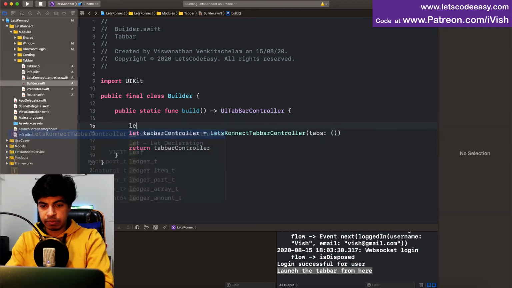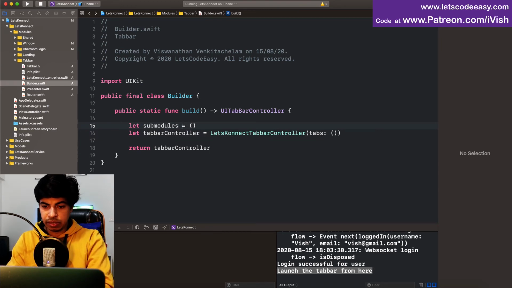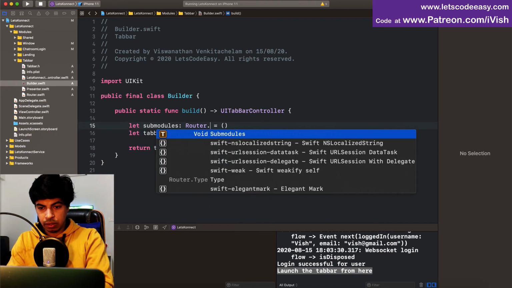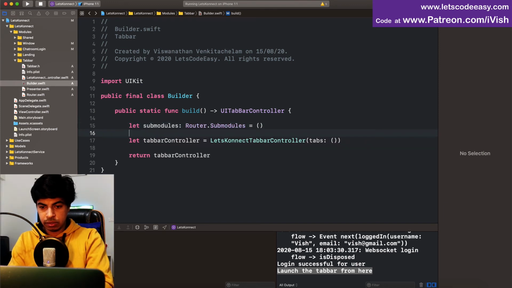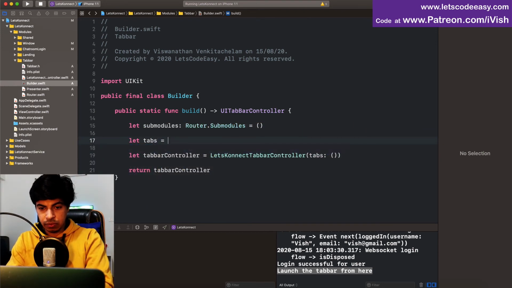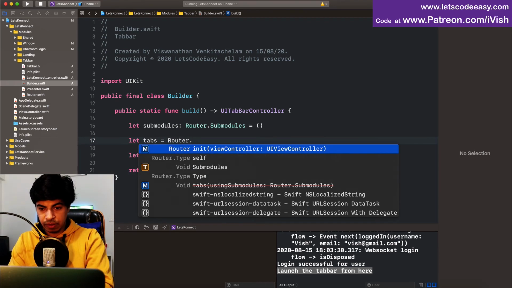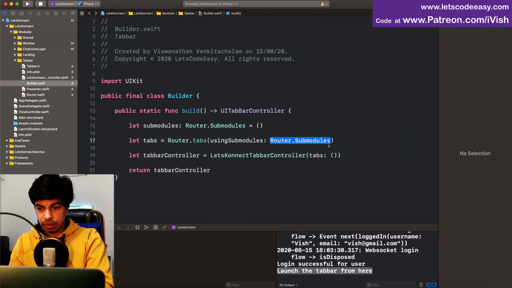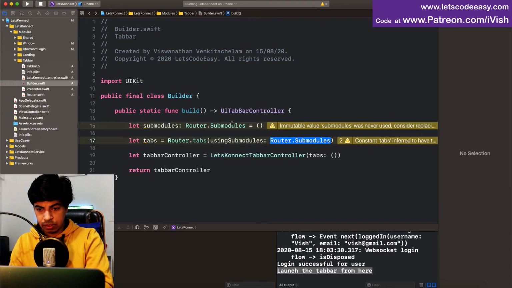Right now we need to create the tabs. I'm just gonna say submodules equals, right now it is empty but it is of the type submodules. I think router dot submodules. So this is my submodules and I'm going to use this to create my tabs. Let tabs is equal to router dot, we defined a function right now called, what did we define as tabs itself, which is accepting router dot submodules. This is the one. So I can just pass this submodules using submodules,